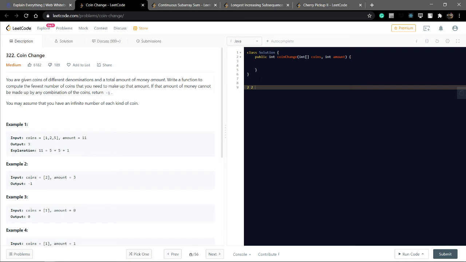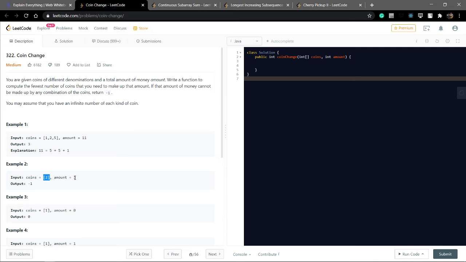Also 2 2 2 2 4 and 5 take a 5. Also one way is I take a 5 coin to make 7, to 9, to 11. Again 5 coin and 1 coin. So what is the minimum number of coins required to make this sum 11? We need only 3 coins: 5 5 1. This is the minimum number of coins.